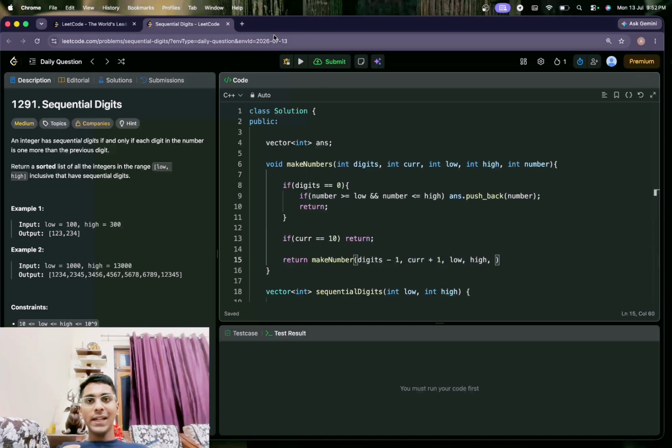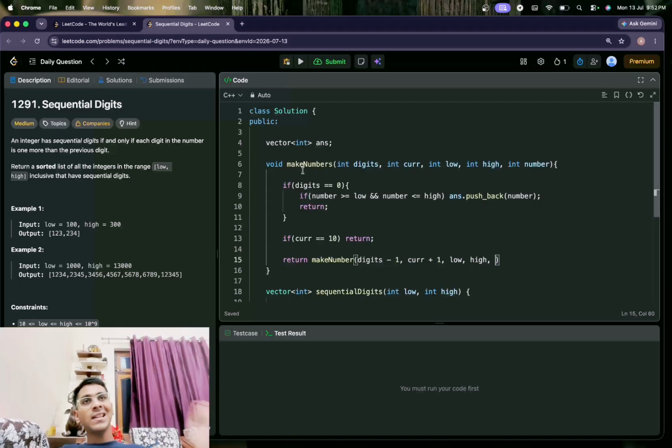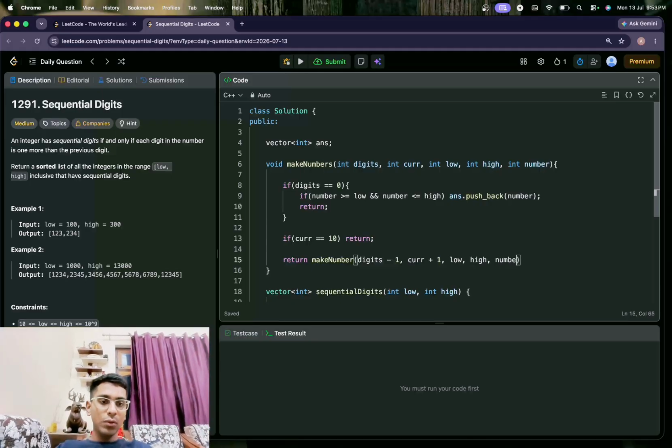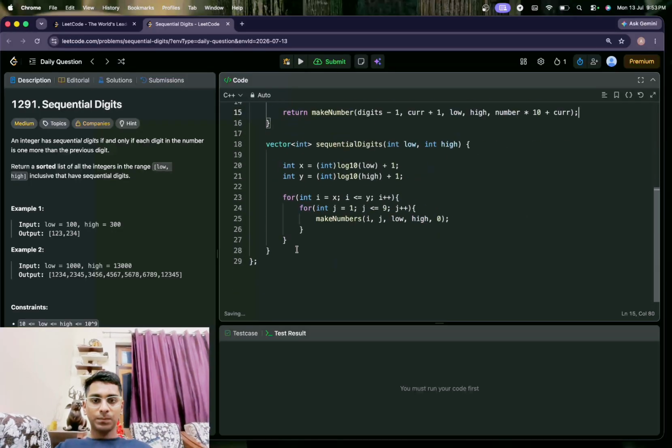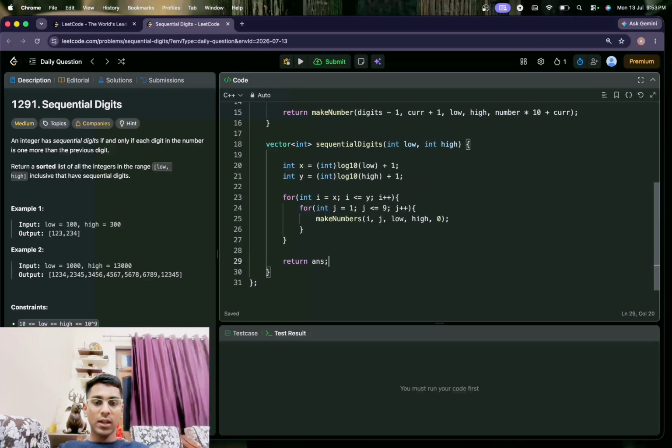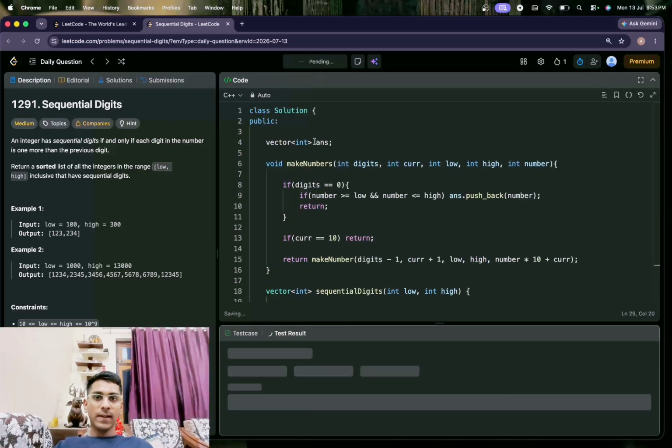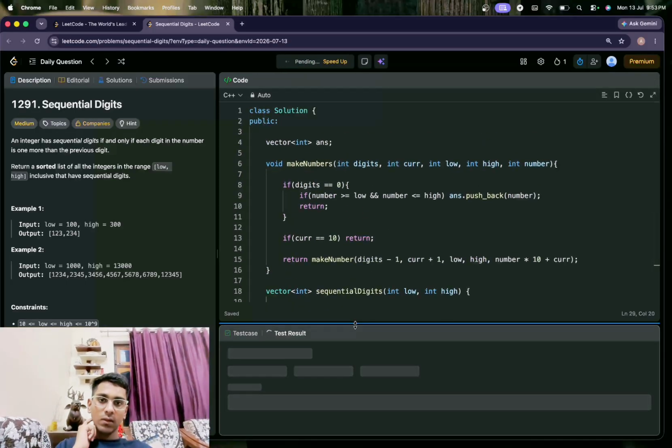For example, right now we have 7 and the incoming digit is 8. Then you will do 7 into 10 plus 8, that is 78. So we'll do number into 10 plus current. So we have formed a number, and here I'll just simply return answer. I hope everything is correct.